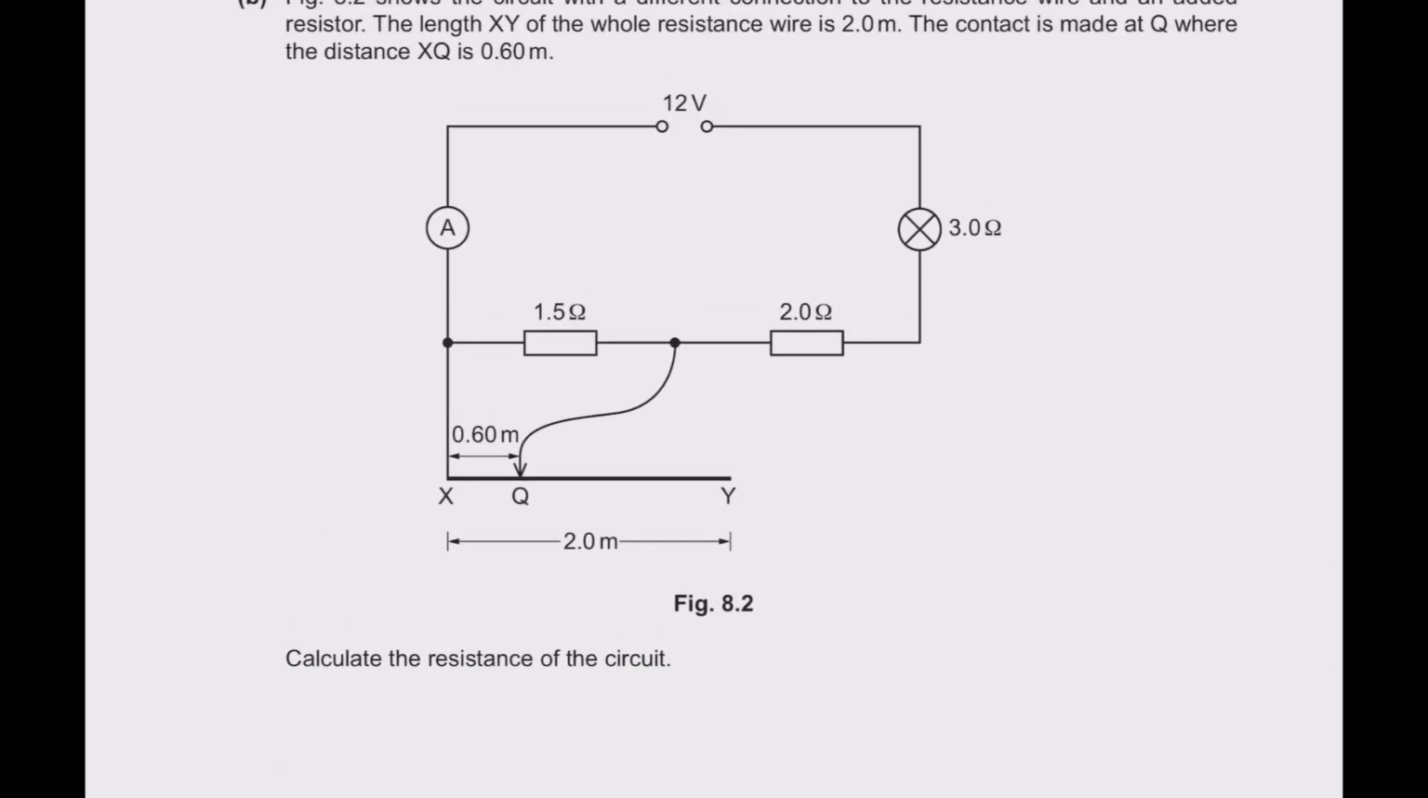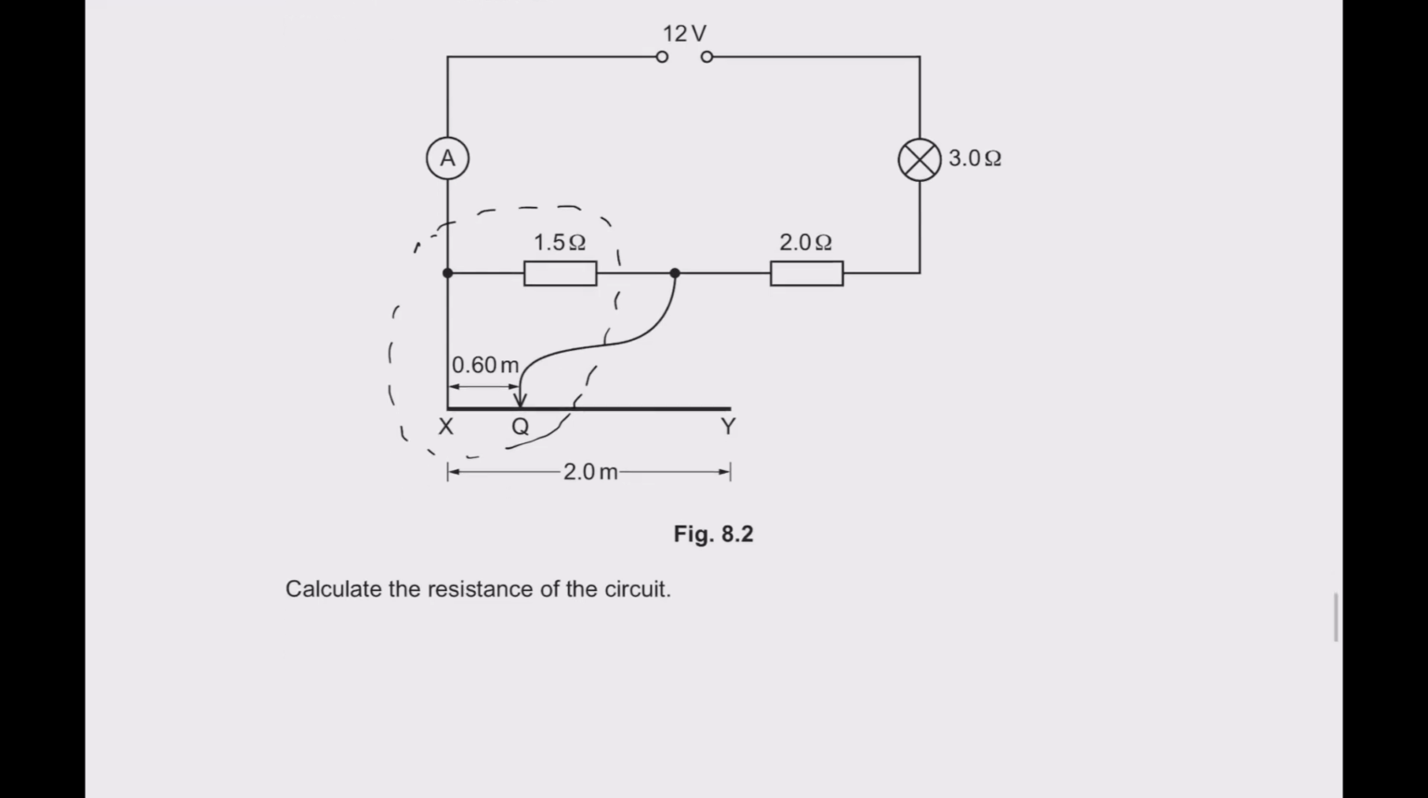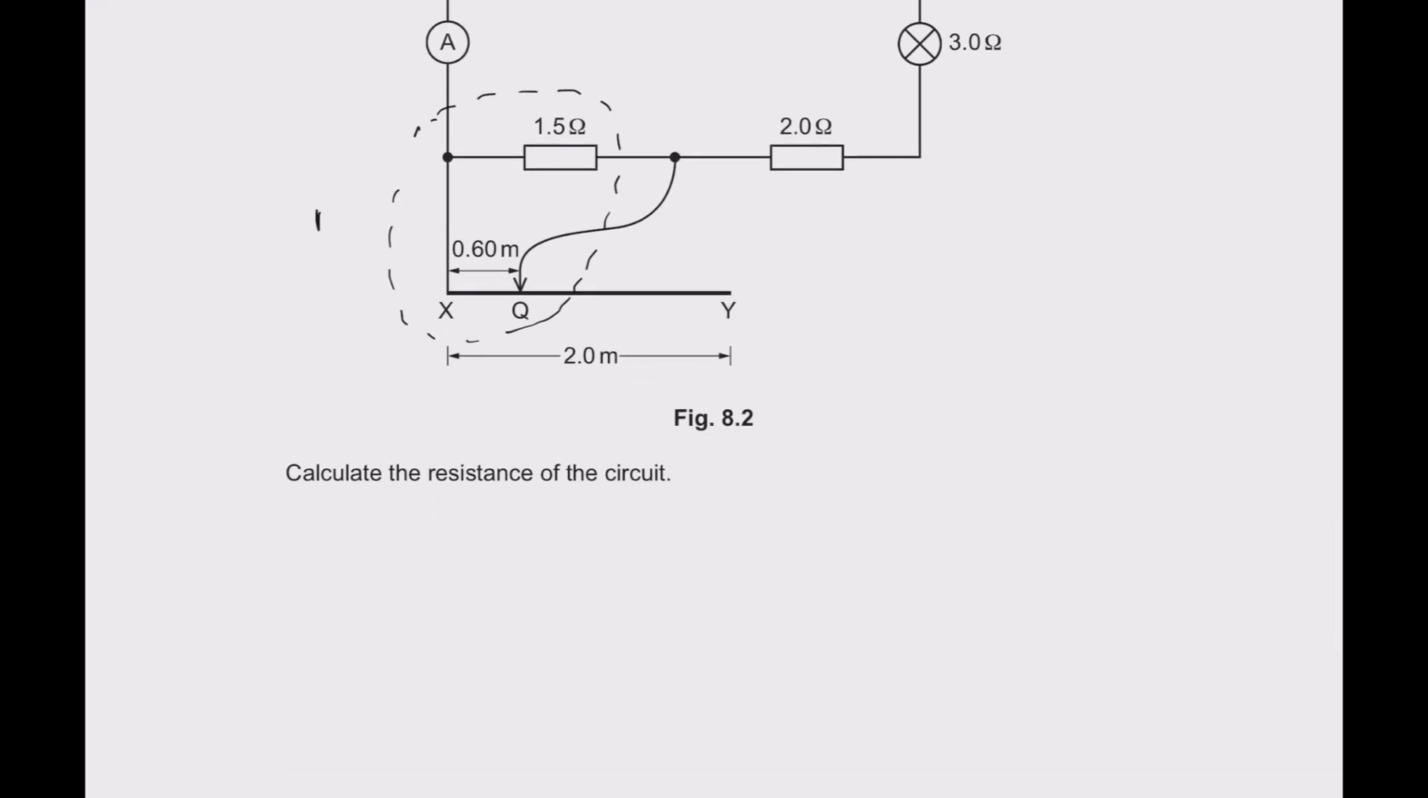Now I want to calculate the total resistance of the circuit. This is the resistance that we have to find, and these two are connected in parallel, then these two are connected in series. So first of all I have to calculate the resistance of this parallel circuit. Let us say this is the total Rp. We know that when resistances are connected in parallel, 1 upon Rp is equal to 1 upon 1.5 plus